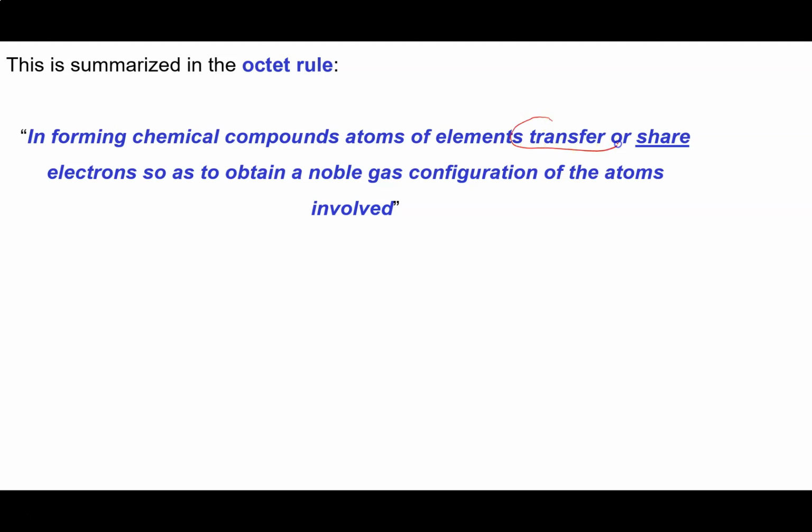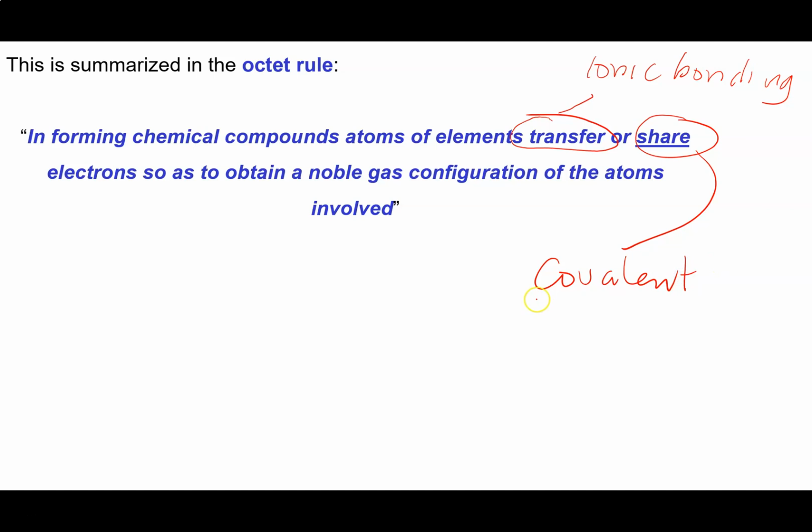We said that transferring electrons is what happens when we have ionic bonding and form ionic compounds, but sharing electrons is what happens when we form covalent bonds